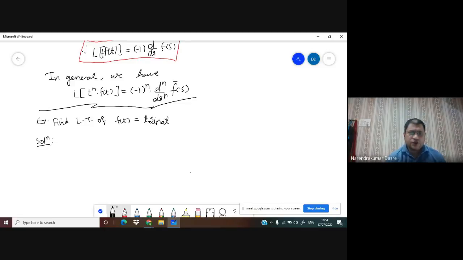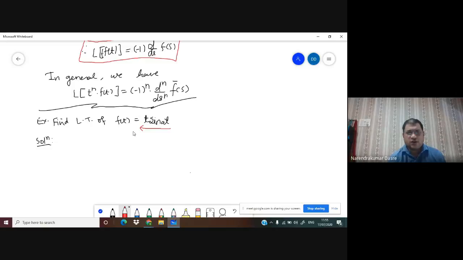So first we need to understand. Don't be in a hurry. First try to understand the problem, then try to understand what is the method to solve that, and then solve the problem. In Laplace transform, we don't have any formula for the product. Laplace is a linear operator, or it is a linearity property that we have seen. So we cannot operate Laplace on multiplication, and hence if there is a multiplication of any two terms, we need to understand that there is some property to be used. We cannot use direct multiplication.